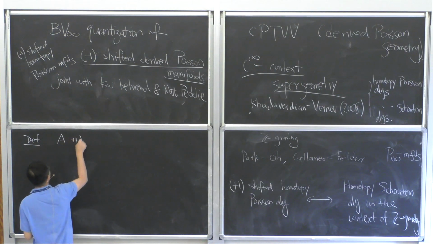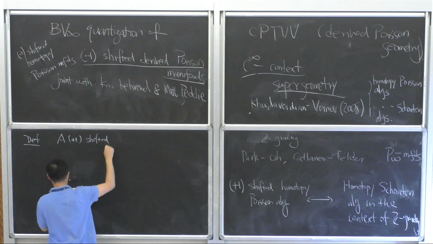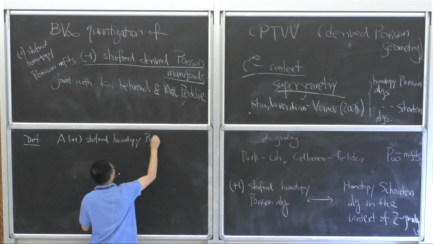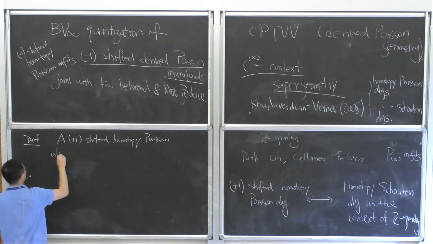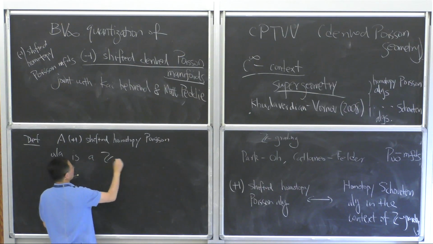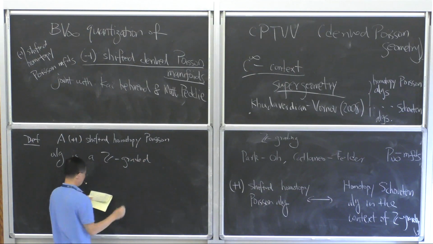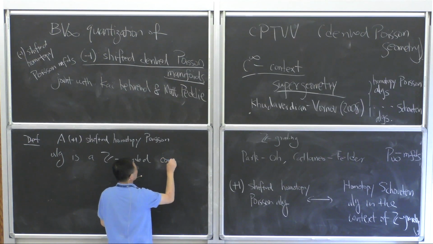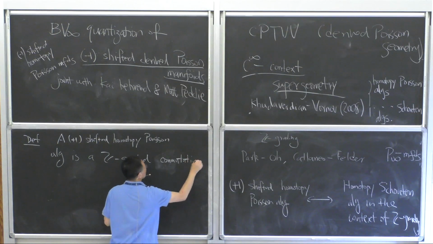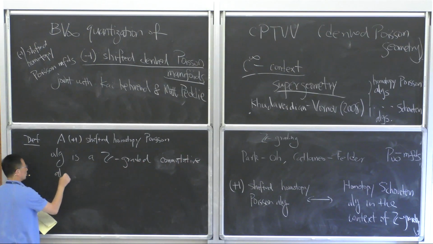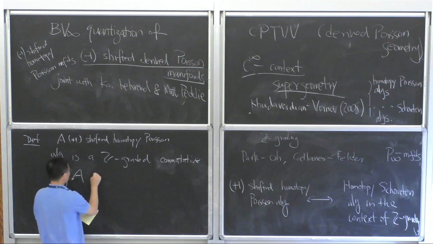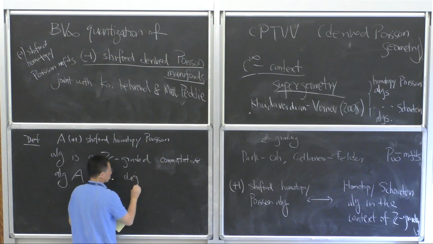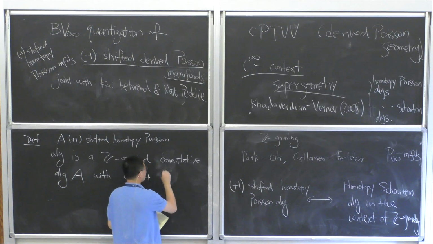A plus one shifted homotopy Poisson algebra is a Z-graded commutative algebra A with degree 1 multi-brackets,